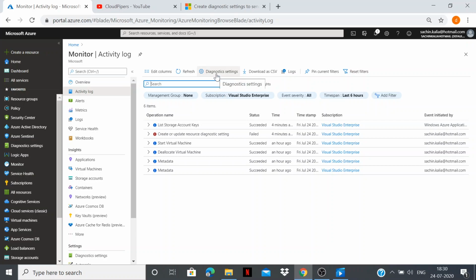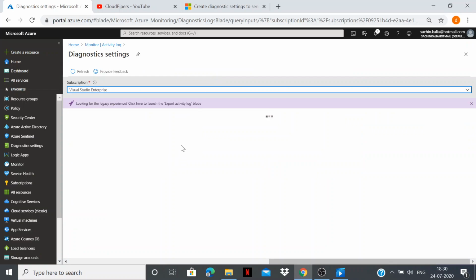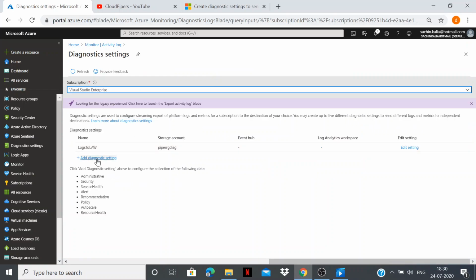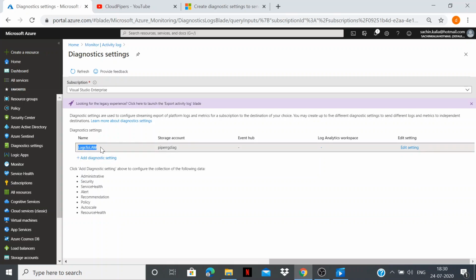Here you can see diagnostic settings. Once I open that, we have Add diagnostic setting, which has information related to administrative, security, service health, recommendation, autoscale, and resource health categories.